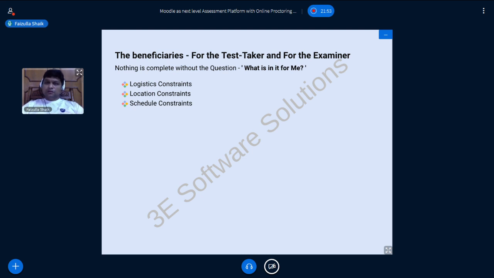It depends on the capabilities of the proctoring tool that you are using. So depending on the capabilities of the tool and the method that you adopt, you may or may not have one or more of these constraints. You may get full or part control over these constraints: logistics, location, and schedule.